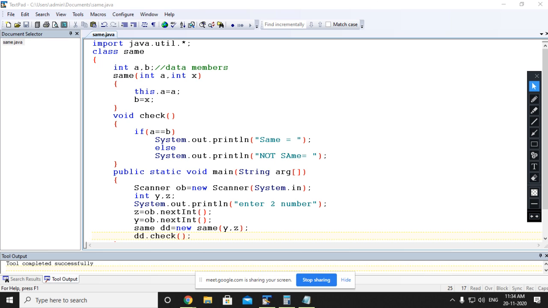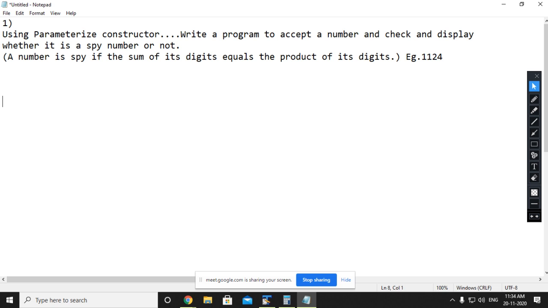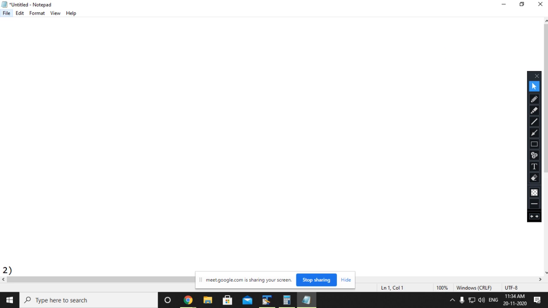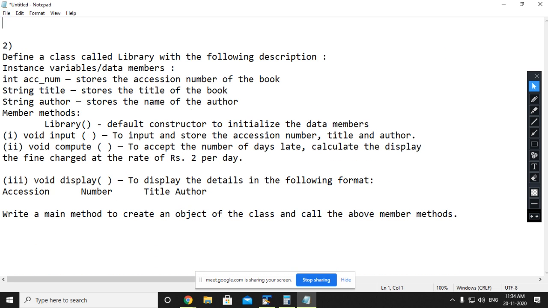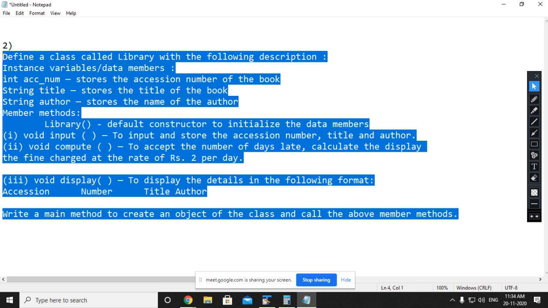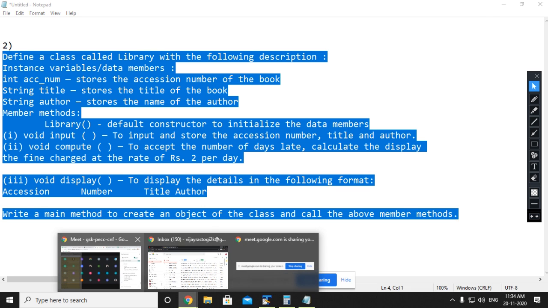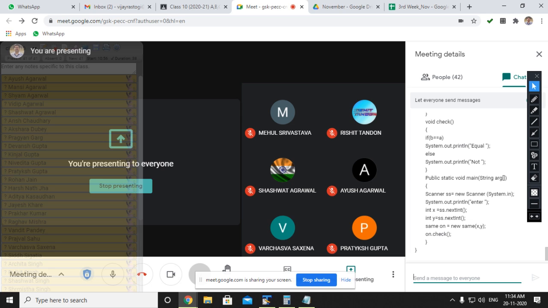Now one more question I am going to give you on your computer screen. Please look at there. This is a very good question and you need to copy this. Please go through this question and try right now. I am pasting it in the chat box also, so those who are using mobile or computer can copy it.